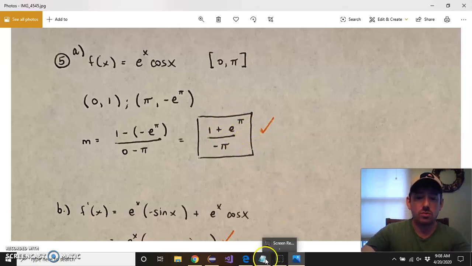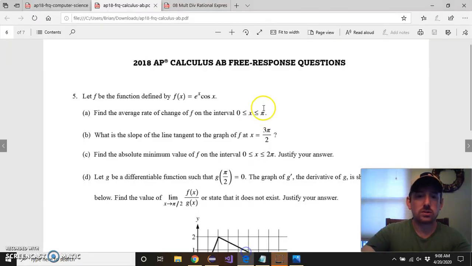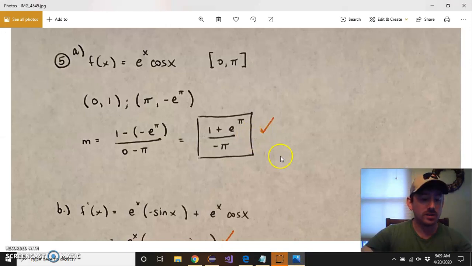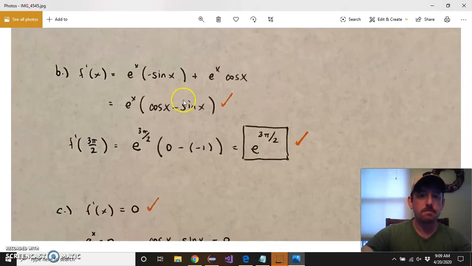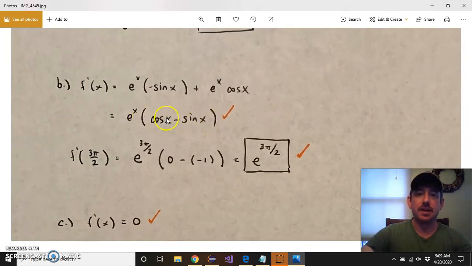Part B: what is the slope of the line tangent to the graph of f at 3 pi over 2? That's basic skills. You're going to find f prime, you're going to plug in 3 pi over 2. I'm hoping everybody got this. This is going to be worth 2 points. 1 point for correctly identifying f prime, and another point for plugging in 3 pi over 2 and getting this